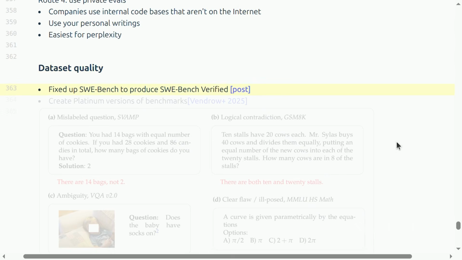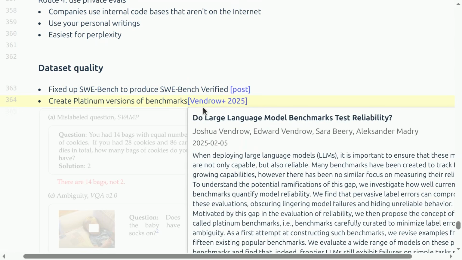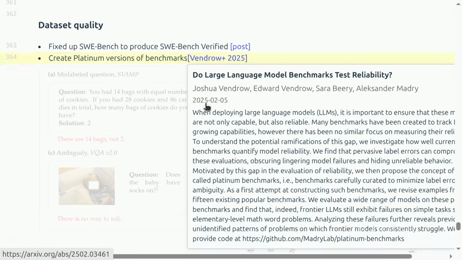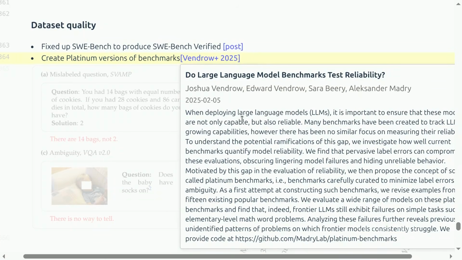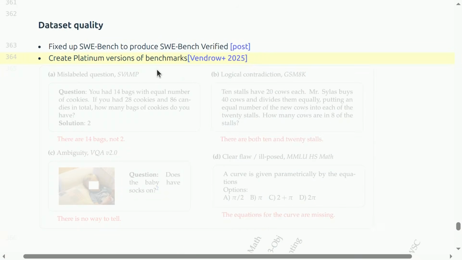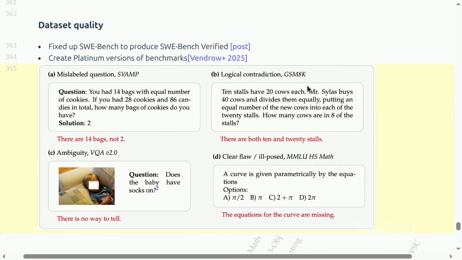Remember I showed the leaderboard for SWE-bench Verified. This is because SWE-bench had a bunch of tasks where the unit tests weren't quite rigorous enough, and other things that got fixed. And there are many other benchmarks that have gone through this process, like GSM8K or MMLU,